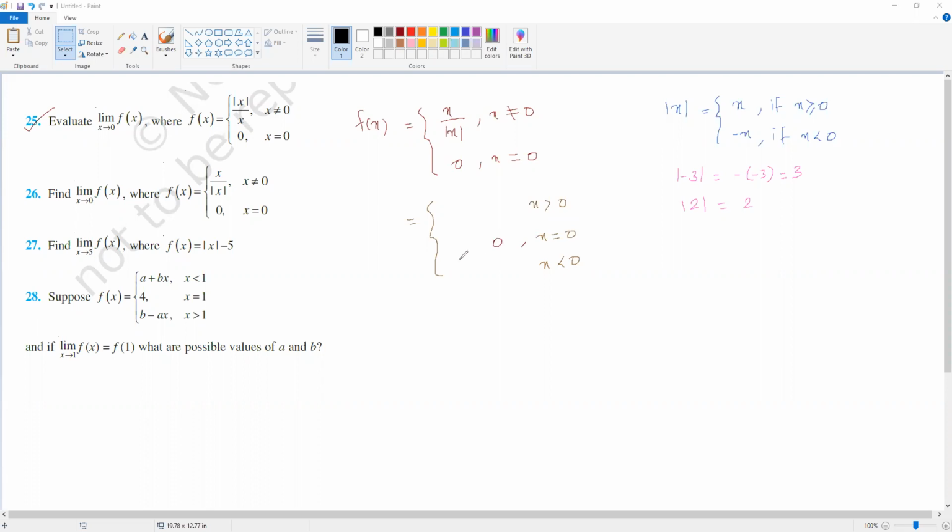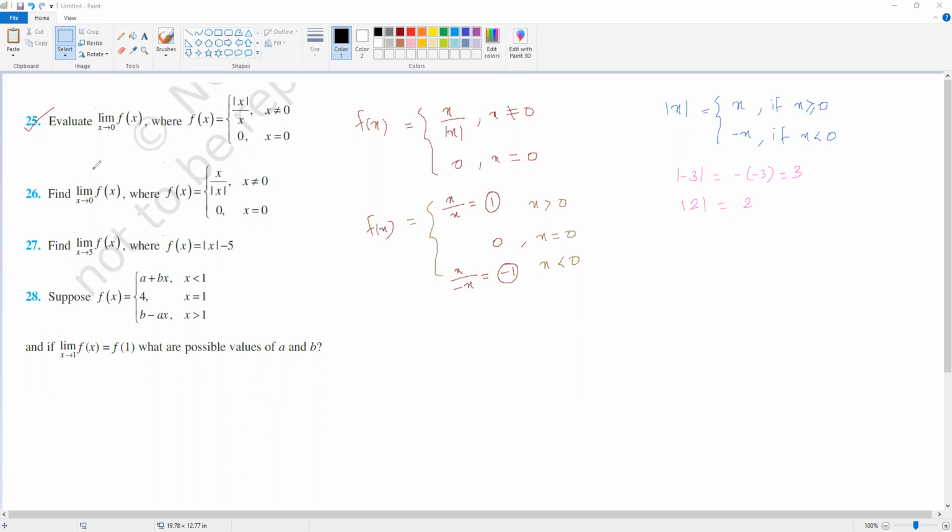It is 0. अभी x greater than 0 है तो it is x divided by mod x, which is x itself when x is greater than 0. So x by x is 1. That means whenever x is greater than 0, the value is 1. When x is less than 0, x divided by mod x is x divided by minus of x. So it is minus 1. So that is the definition. So now you have to redefine the function like this.